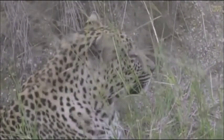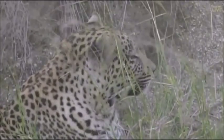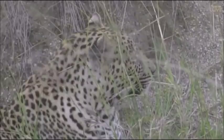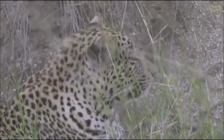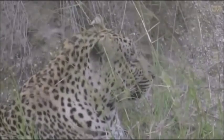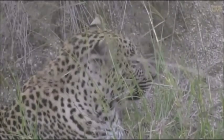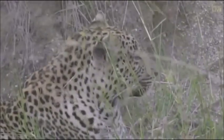Scarlett, you'd like to know what age Husana will be ready to mate. So Husana technically has all of the abilities right now to be able to mate, but he's not quite there. It's very similar to humans. As a very young teenager, you have all the bodily functions of being able to mate, but your maturity level is not necessarily there. So he'll probably start mating with females fully